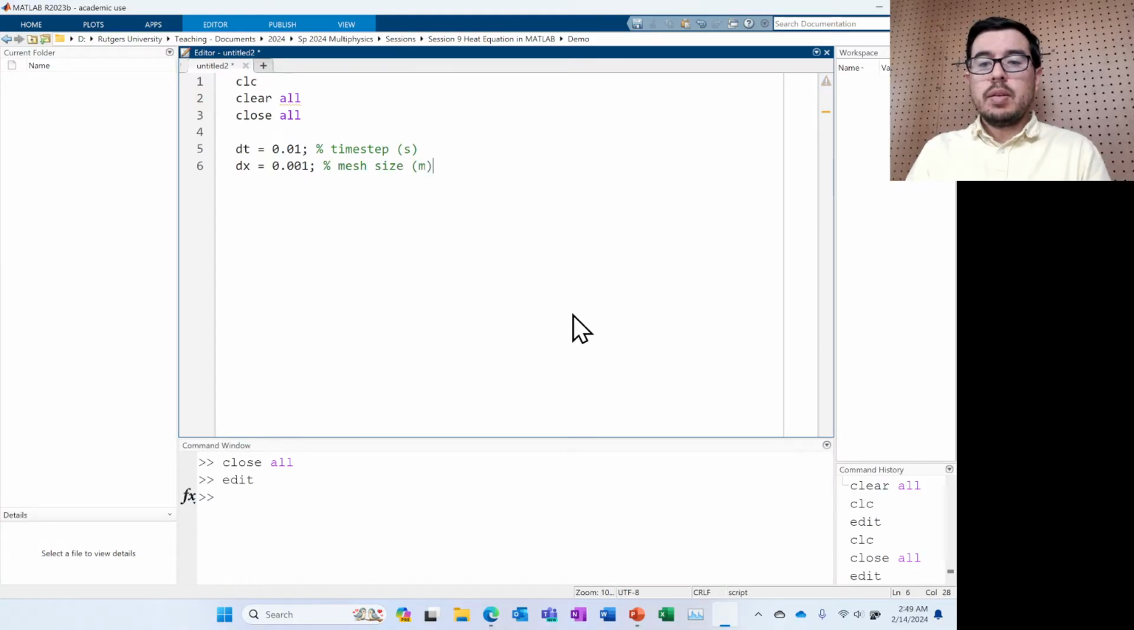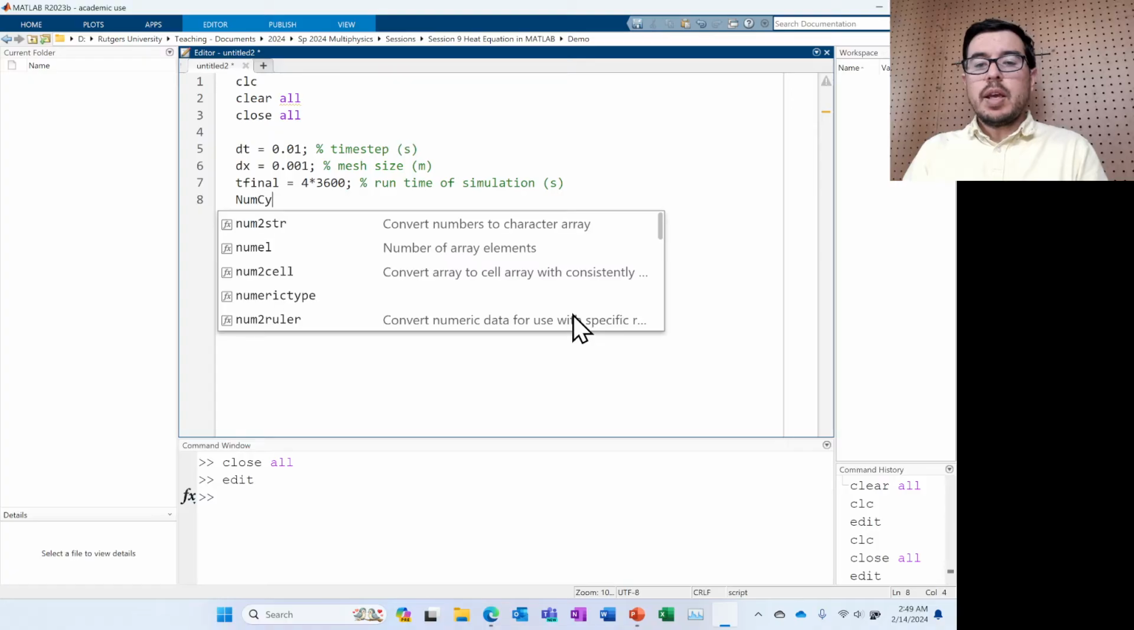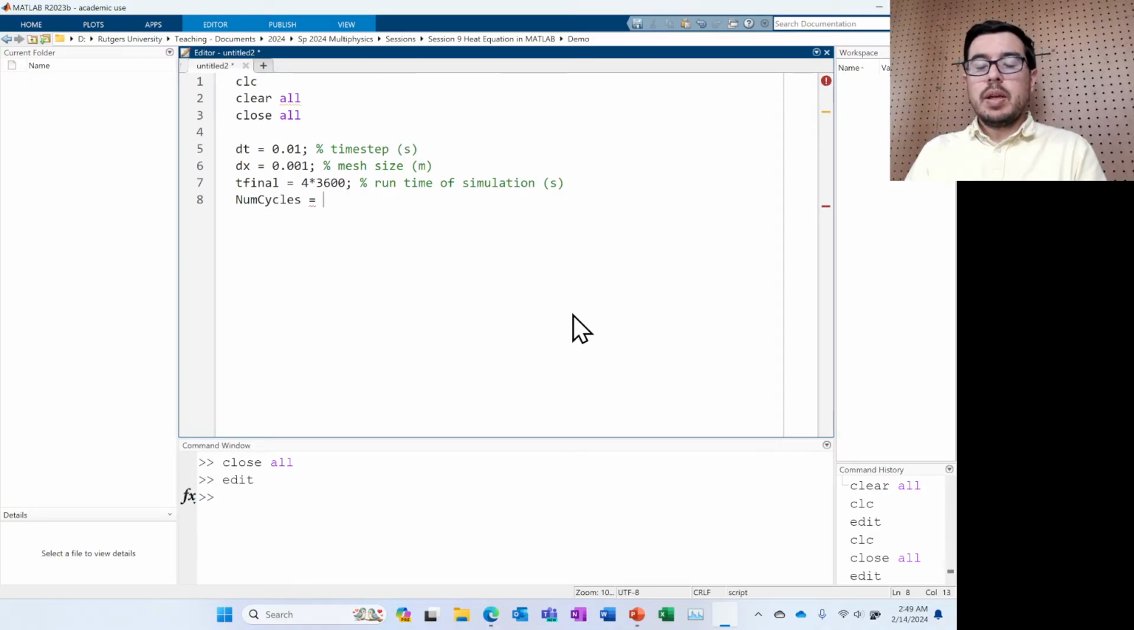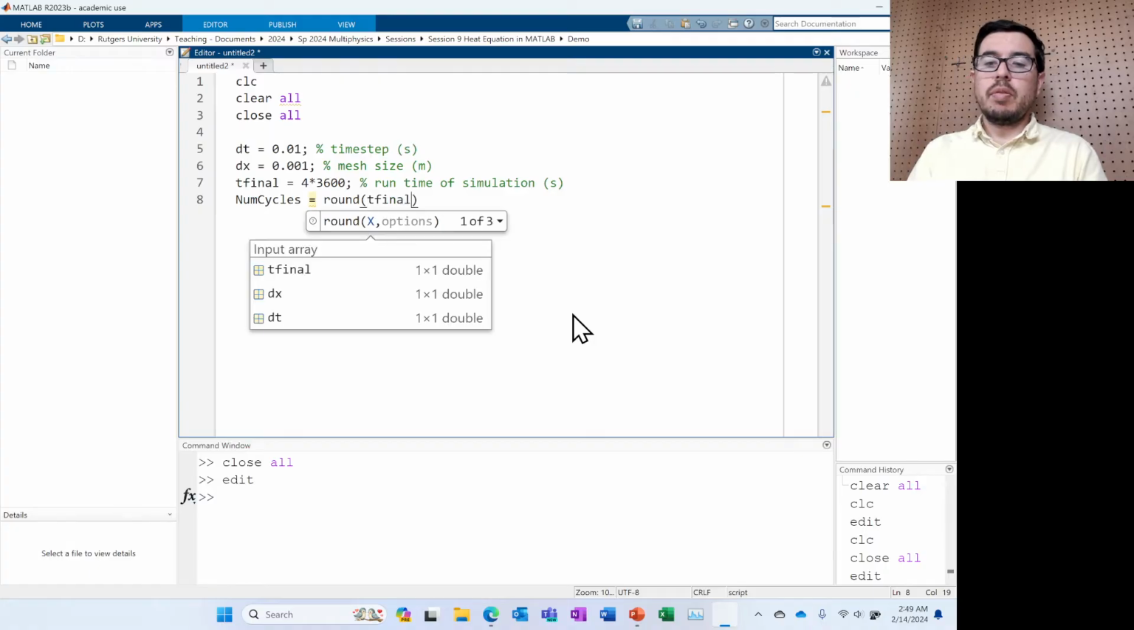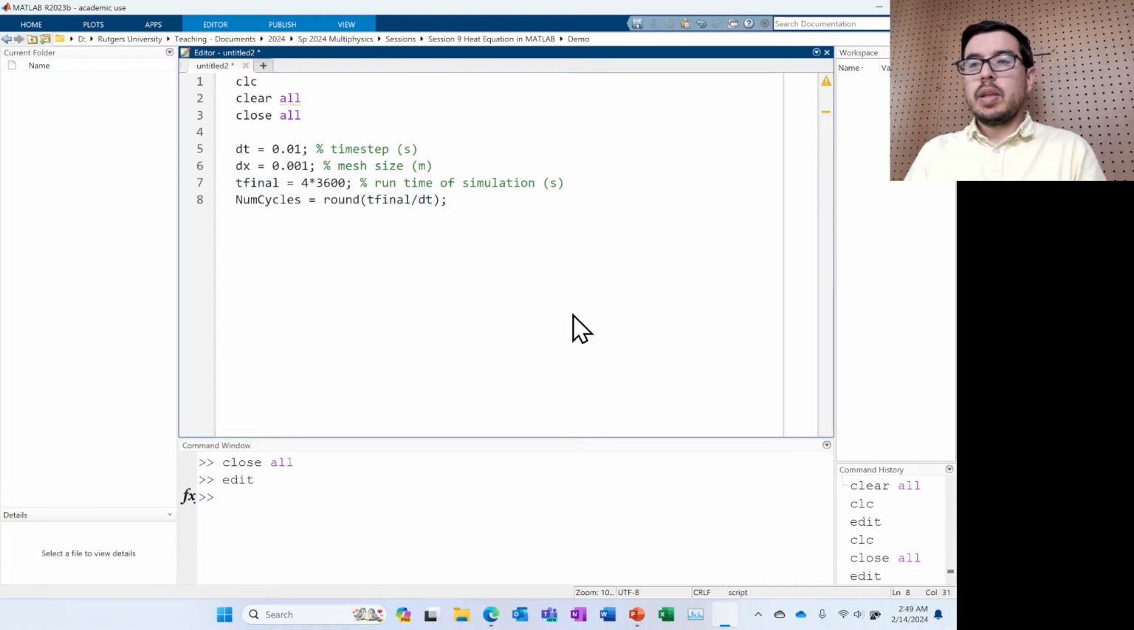is going to be pretty small, at least in the 1D case, which we're starting first. So 1 millimeter. We're going to run our simulation for hours, and we'll start by running it for 4 hours. So in seconds, that will be given by the following. I think that comes out to 15,000 something seconds. The number of cycles can be determined by dividing the total time of our run